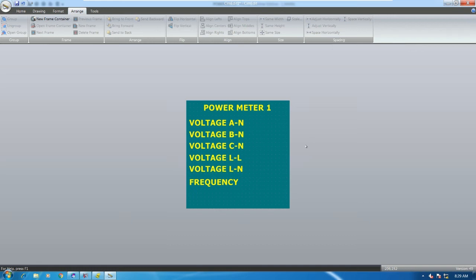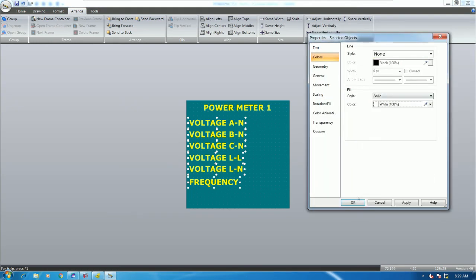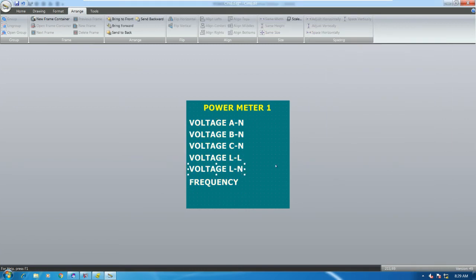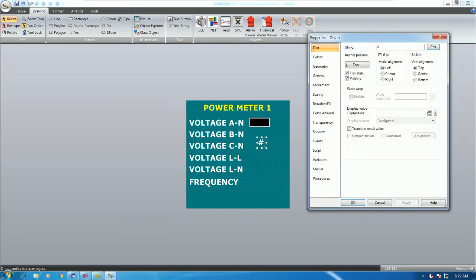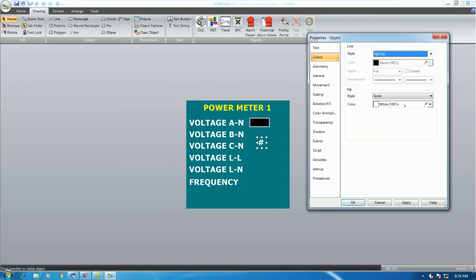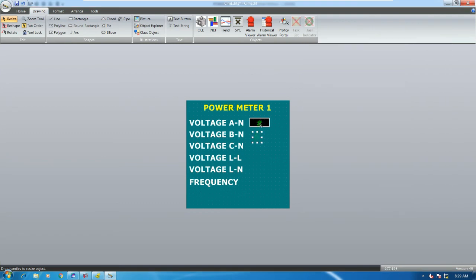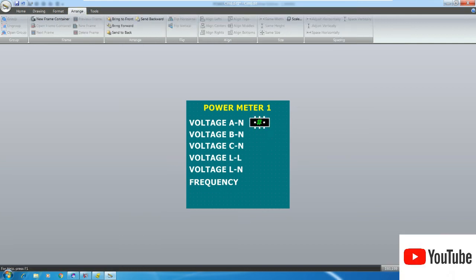Okay, and I will use white color. I will change to white color, yes, and then I will use the rectangle, example like this, and I will use the text string, and put like this, and I will use green color, yes, and then we can arrange to be a center, like this,